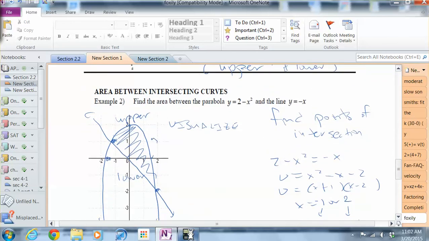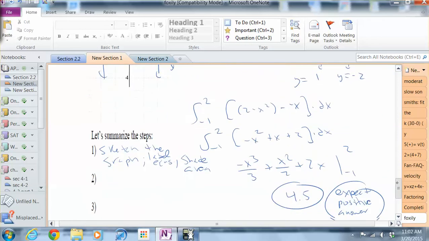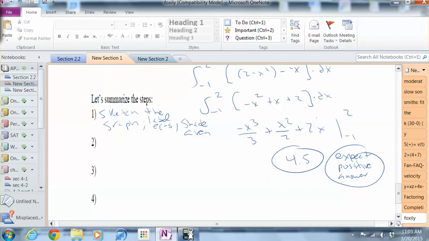That's y equals 2 minus x squared, which is upper, y equals negative x, which is lower. Number 2, find points of intersection. And number 3